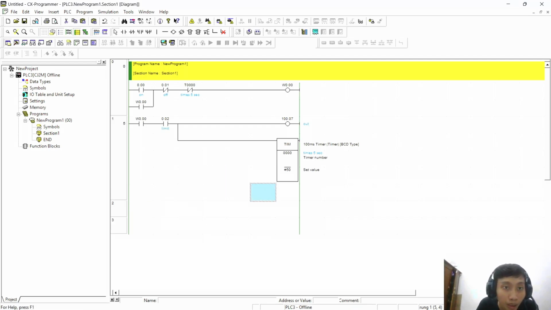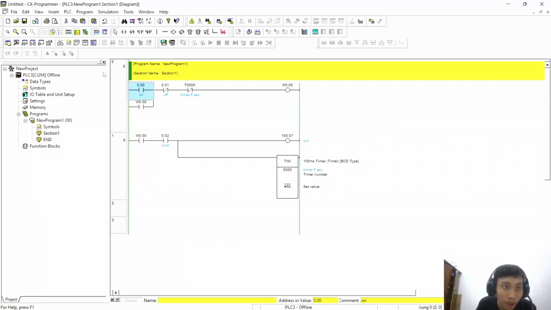Now if we use the PLC and connect it to the program, we can run the program. Just use the on off button from right here if we connect it to the PLC.